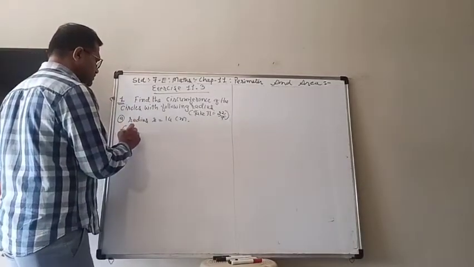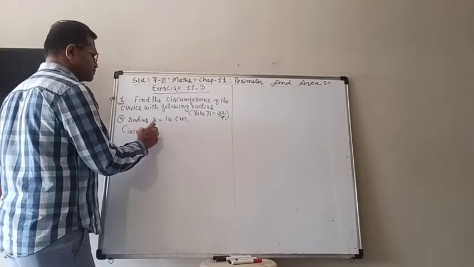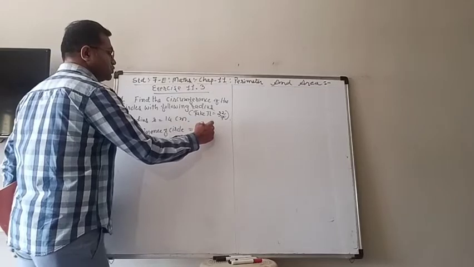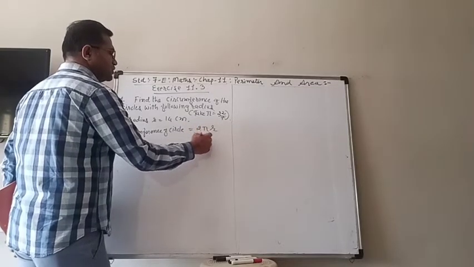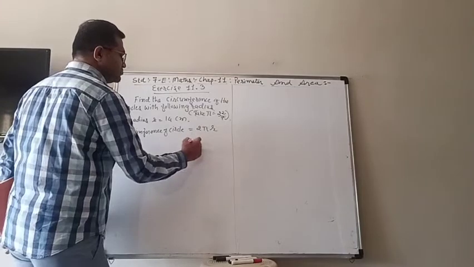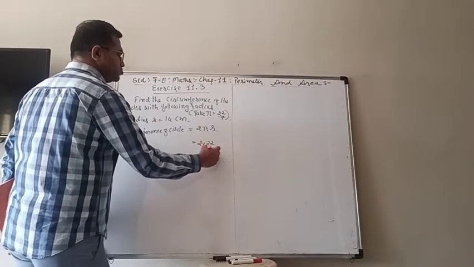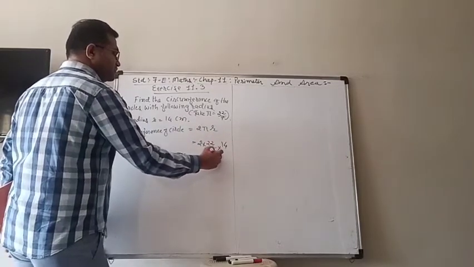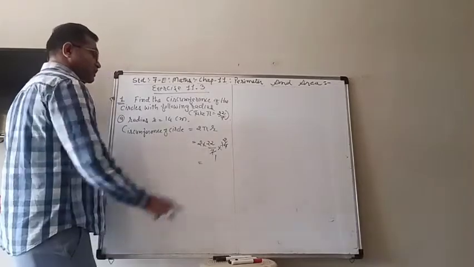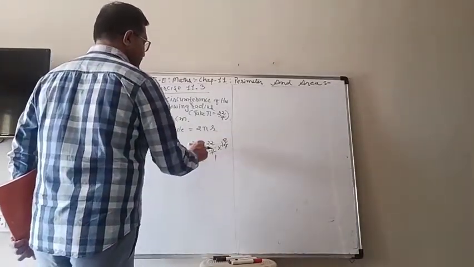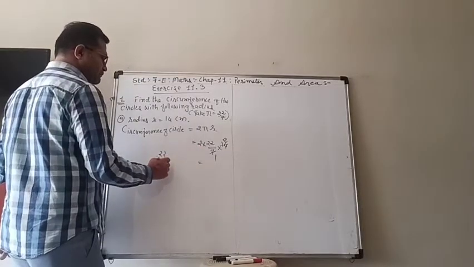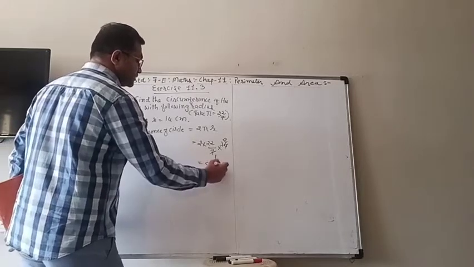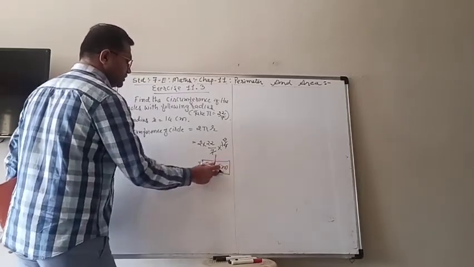So we will write down circumference of circle is equal to 2 pi r. The value of pi is 22/7. So 2 into 22/7, and what is the radius? 14. Now 7 ones are 7, 7 twos are 14. So now 22 multiplied by 4. 22 multiplied by 4 is 88. So the answer is 88 centimeter. Don't forget to write down the unit.